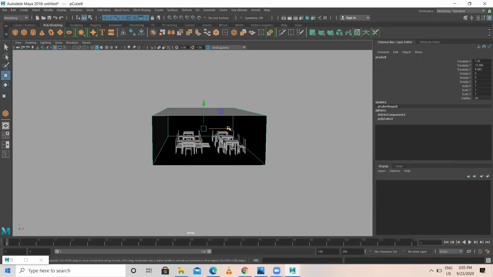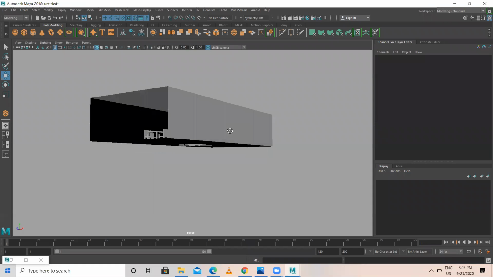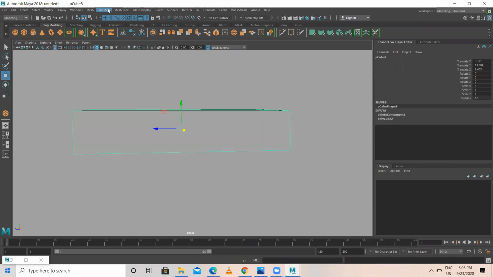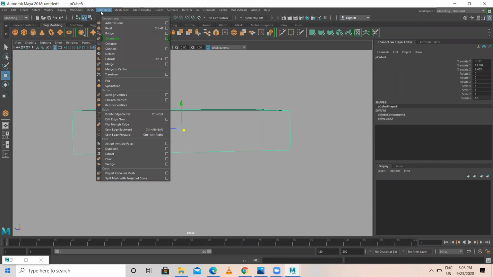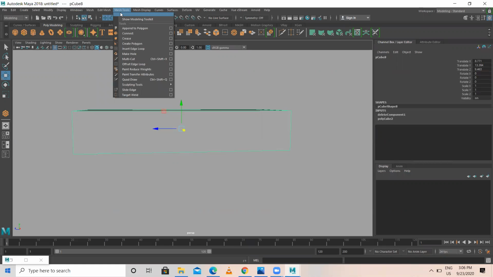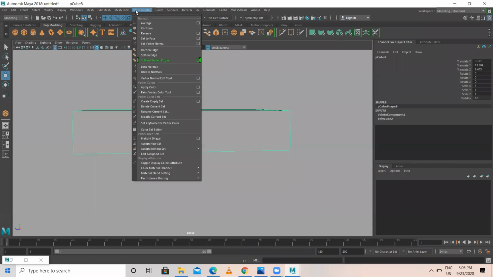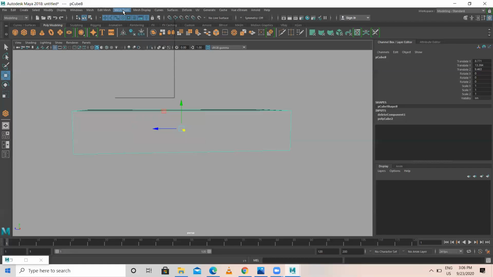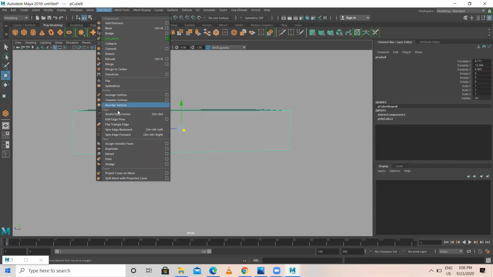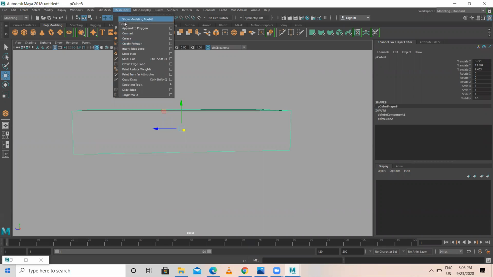Then come to the mesh tool, insert edge loop.